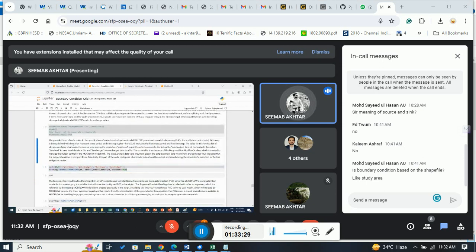The provided lines of code are related to the specification of output control options in a Modflow groundwater model setup using FloPy. The steady stress period data is a dictionary being defined with keys that represent stress period and time step tuples. Here 0 indicates the first stress period, first time step. The value for this key is a list of strings specifying what output to save or print during the